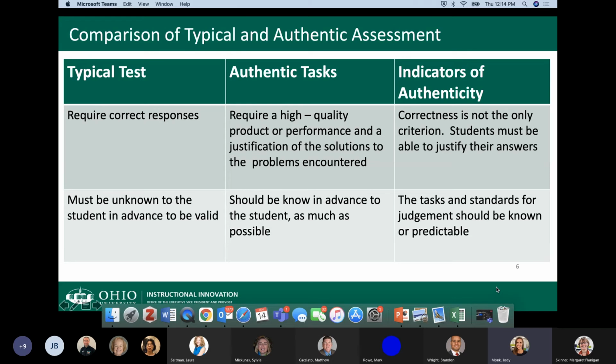There's research that has shown that if someone tries to read the slides and listen at the same time, they typically do neither well. So take a moment, sit back, relax, and you can return to these later. We'll provide them to you all so that you can come back and really dig into these tables. But for now, I'm just going to give you an overview of the things that are here